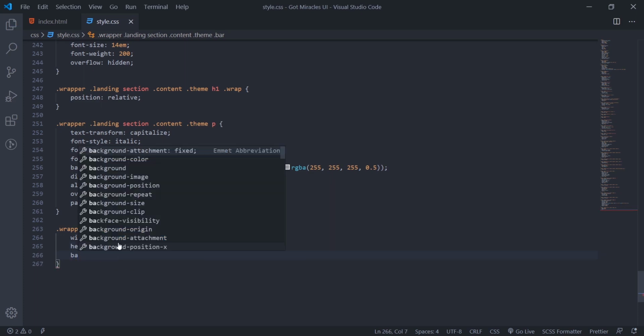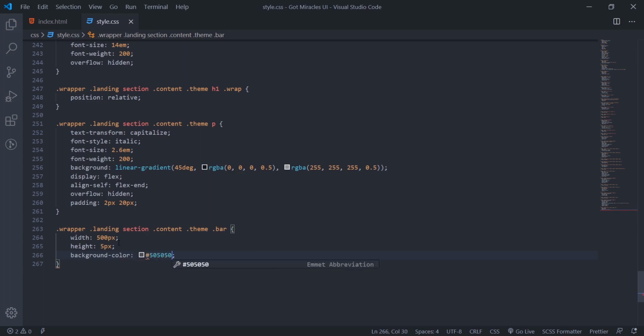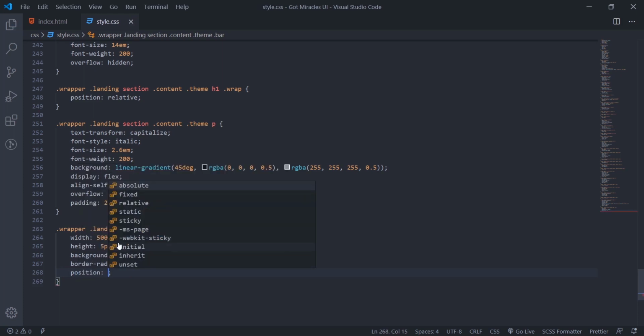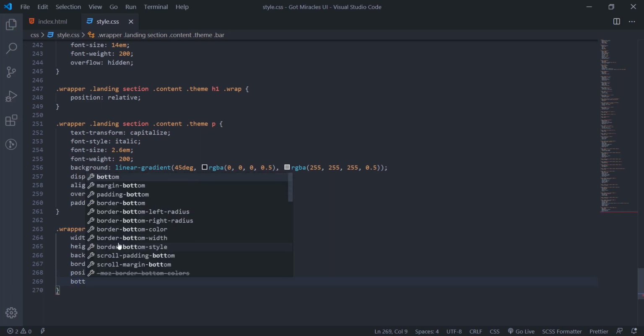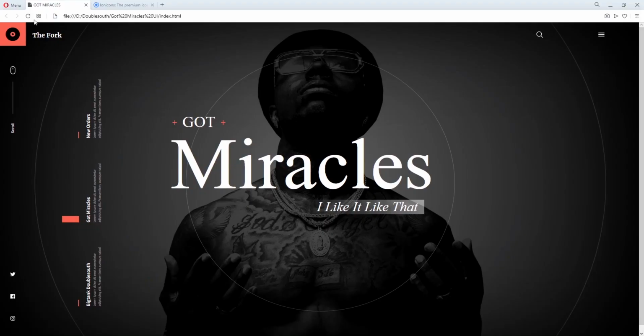Then background color will be 50, 50, 50, that is gray. Then border radius will be 5 pixels, while our position will be absolute, and bottom to like -10 pixels. So if I refresh, we'll see.